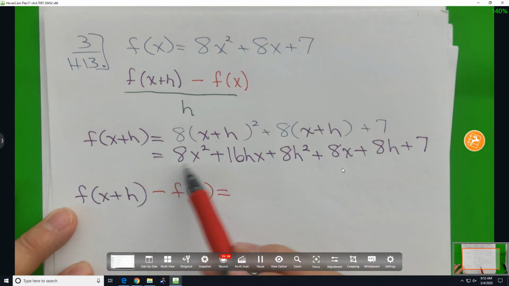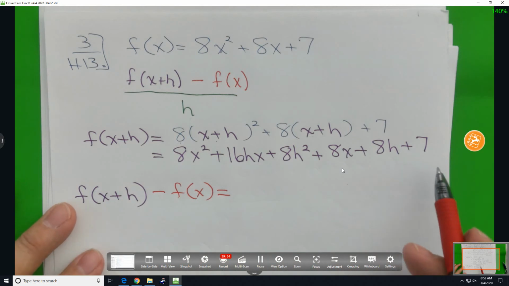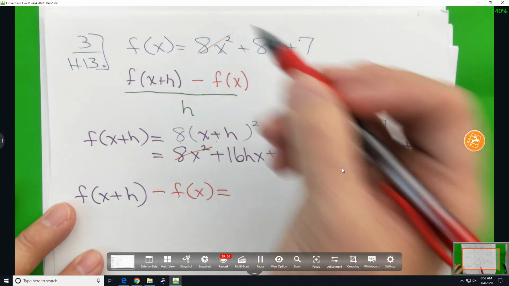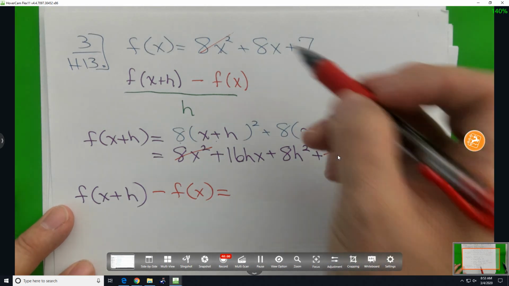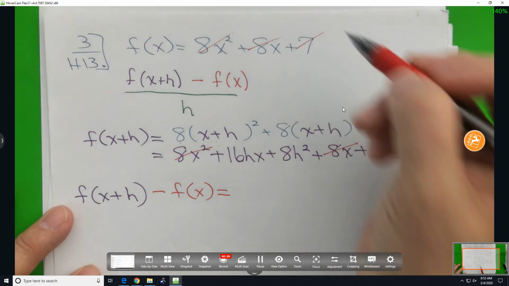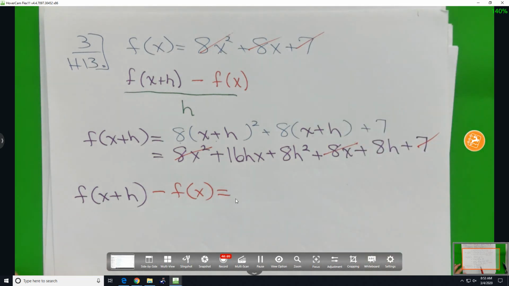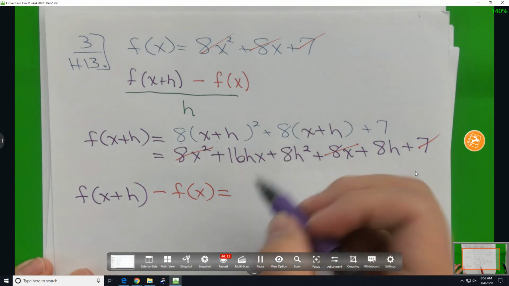Which of these terms are going to be taken away? 8x squared minus 8x squared, okay. The positive 8x minus 8x, that's gone. Anything else? The 7 minus 7. Remember, I said the only terms that are left must have what letter? H. So we have 16hx